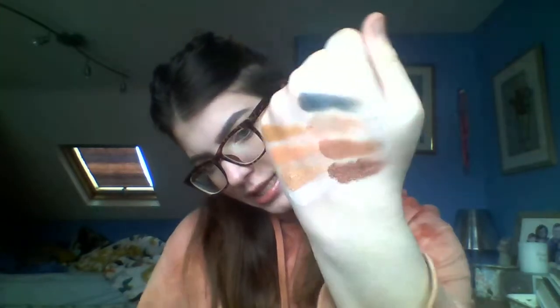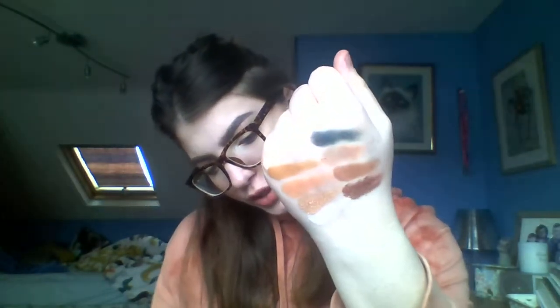But I don't find you can do many cohesive looks because it's quite a light palette. So if you're quite deep in skin tone, I don't know how much you're going to be able to do with this, because the darker shade will be more of a mid-tone brown on you. That's a shimmer shade, so I wouldn't use that in the crease. So the darker shade you have to deepen up your crease is this one here, which still, if you compare that to the one from the Kat Von D palette,